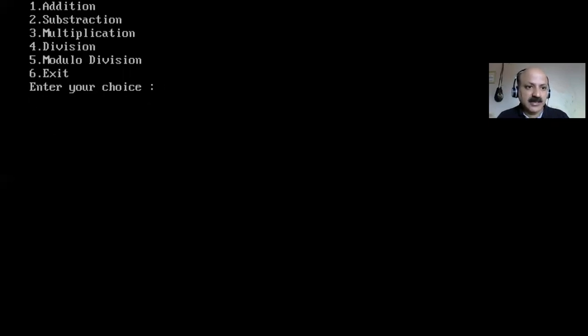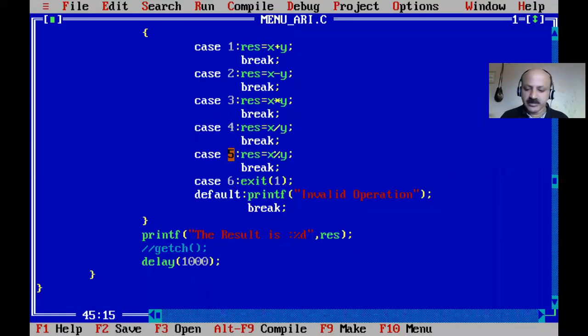Then the fifth choice, modulo, 7 and 2, 1 is the remainder, and the last, 6, is exit. So come back to our editor. I just remove it, and in there are two choices: you can see your output, getch and the delay function.